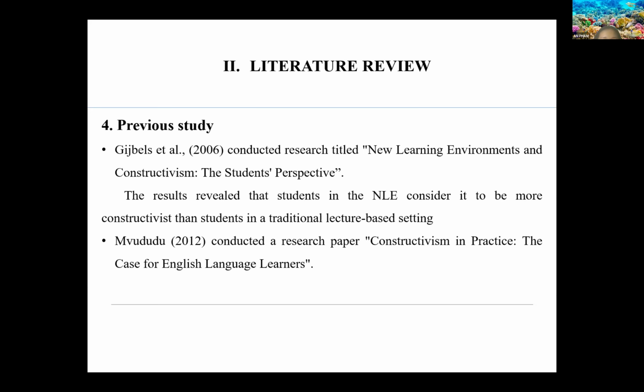So let's talk about the previous studies. Gibel et al. in 2006 conducted research titled "New Learning Environment and Constructivism from the Student's Perspective." And the results showed that students in the new learning environments considered them to be more constructivist than students in a traditional lecture-based setting. Another study was conducted by Vu Dudu in 2012